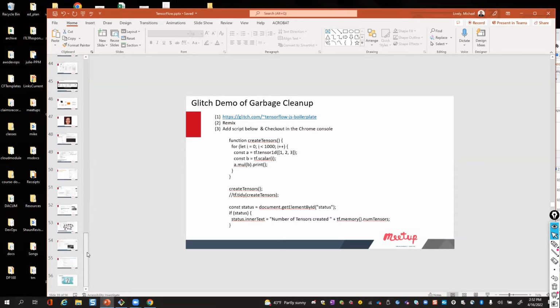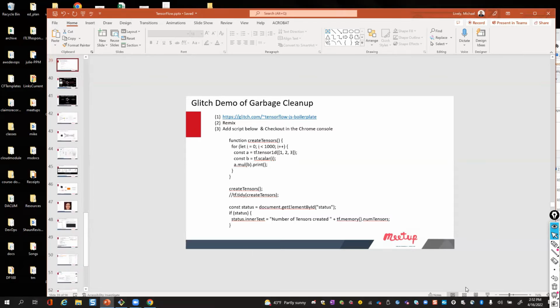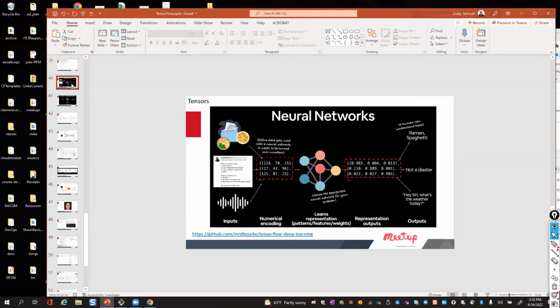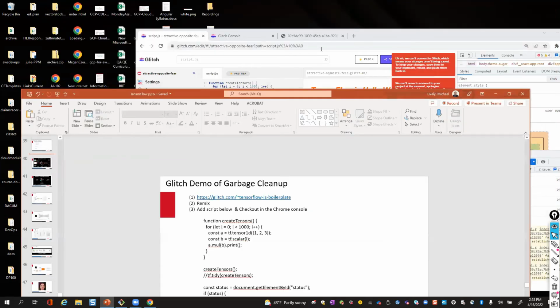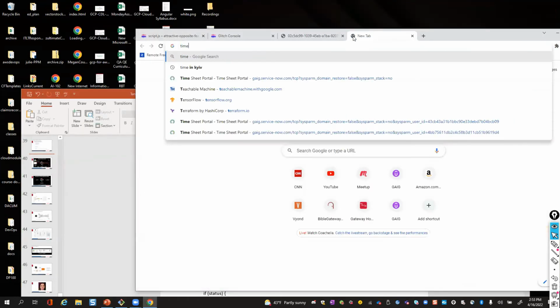All right, so we are at a 5-minute break spot. We're going to take a 5-minute break here, and then we're going to come back and start getting into how these neural nets work. We're going to learn a little bit about generative neural networks. And then I'm going to show you something that's not shown to you in the course, and that's how to run the code that we write here on your local machine. We're going to set up a server on your local machine using Node.js to serve out this content so you can get this actually working on your local machine. We'll do that when we get back. I'll see you guys in about 5 minutes. So let me get my timer up here.